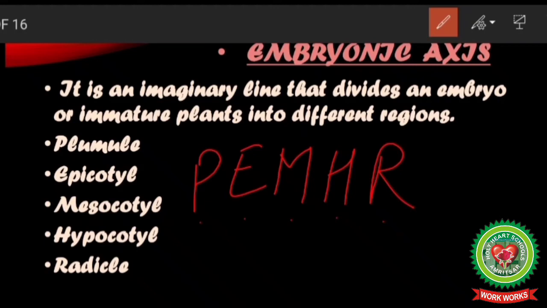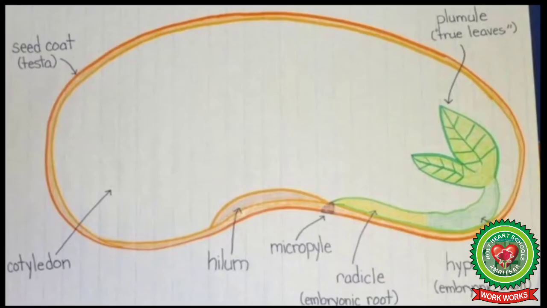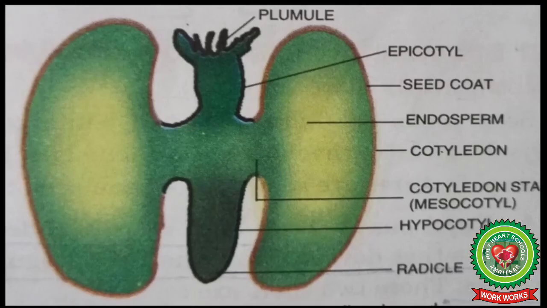So now we are going to discuss plumule. Plumule is a part of the embryonic axis present above epicotyle and which gives rise to the shoot system. Next is epicotyle. Epicotyle is a part of the embryonic axis present in between plumule and mesocotyle. Next is mesocotyle. Mesocotyle is a part of the embryonic axis present in between epicotyle and hypocotyle, and here cotyledons are